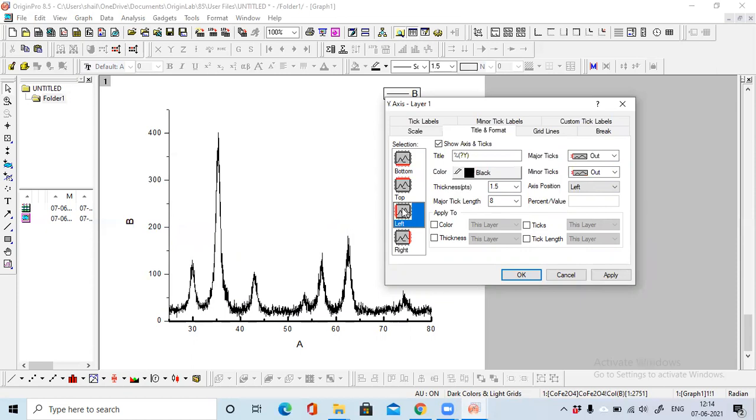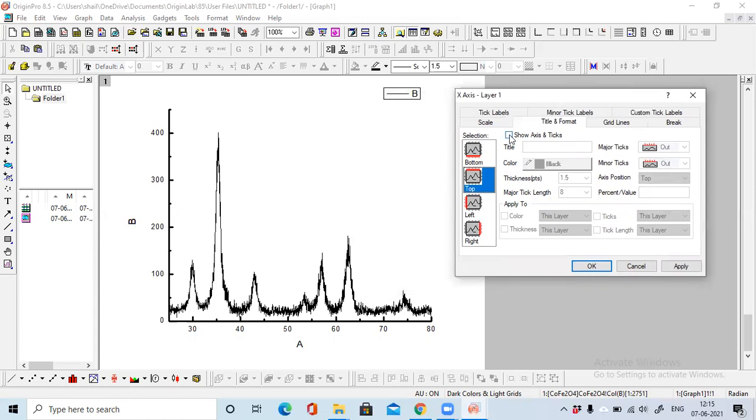Similarly, if you want to modify the design of this scale, just go here, do like this, put inside, and again you can change the thickness to 3. Now in some figures you saw this is closed. So what you will see here is there is no line on this side, so select this color, select show axis and tick. When you click, just go here. Because there is no data on this side axis, you can simply put none, no tick is needed.